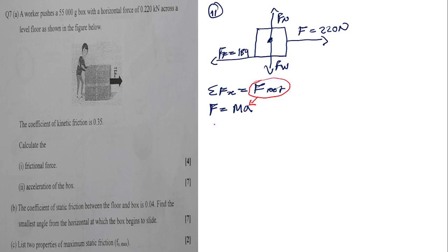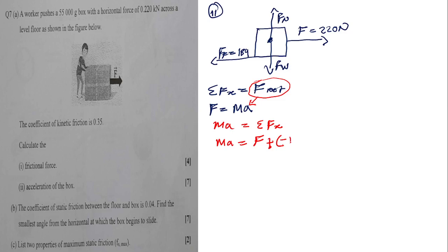So MA is equal to the summation of forces in the x-axis, which is the force there minus the friction force, or plus negative